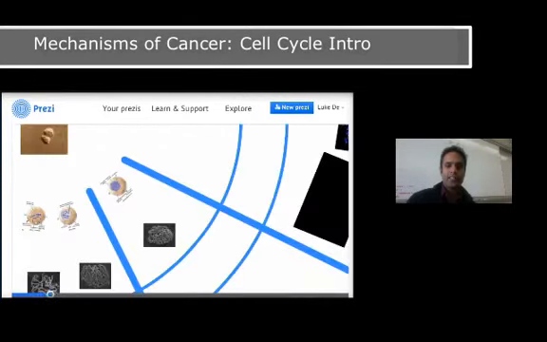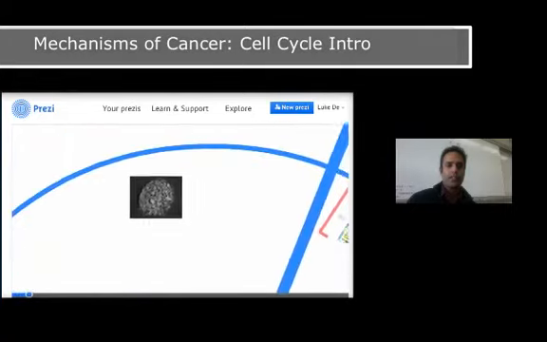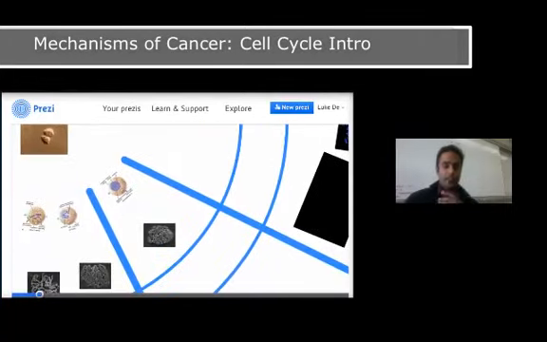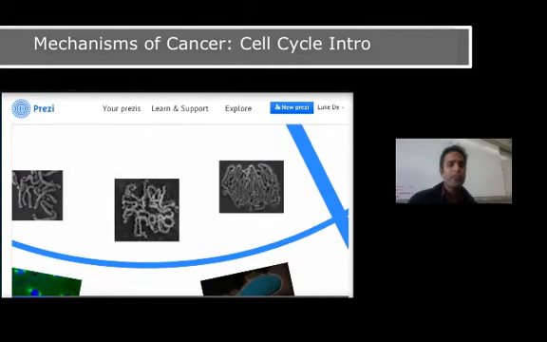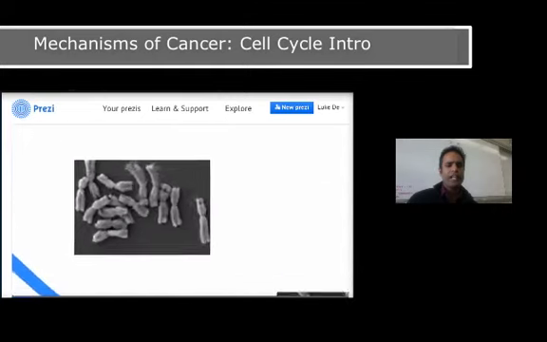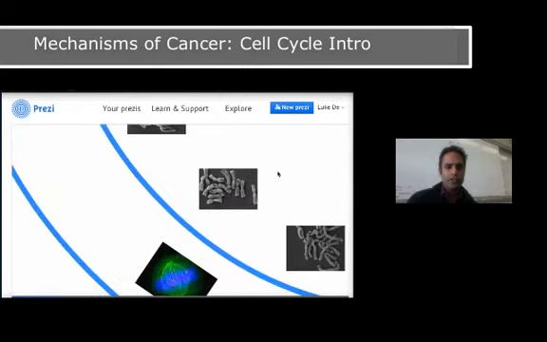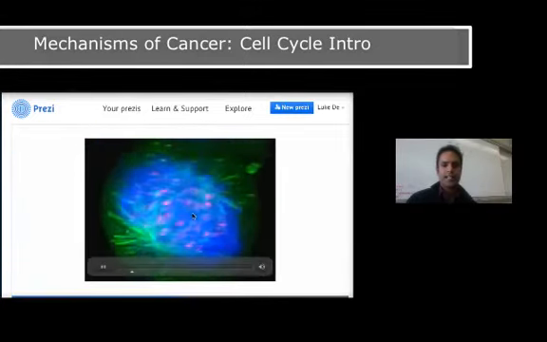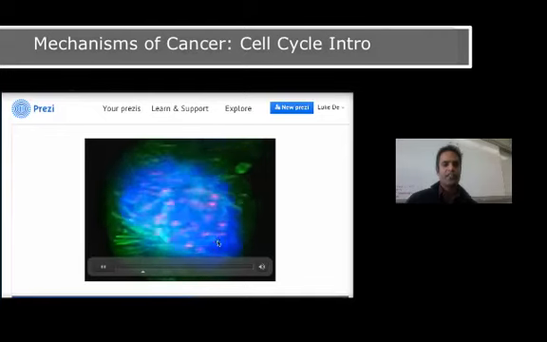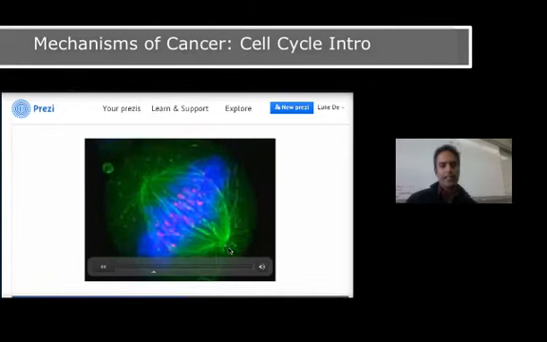So let's go ahead and look at that in slightly more detail. As I said, these three phases, though they are actually different phases, because they're visually similar, are called interphase. This is called prophase, where you have DNA condensation and the nucleus dissolves. After prophase comes metaphase. And metaphase isn't shown really well here. I have another image which shows metaphase very, very well. So if you look here, you can see that the DNA is actually in the center of the cell lined up. So we call that metaphase.